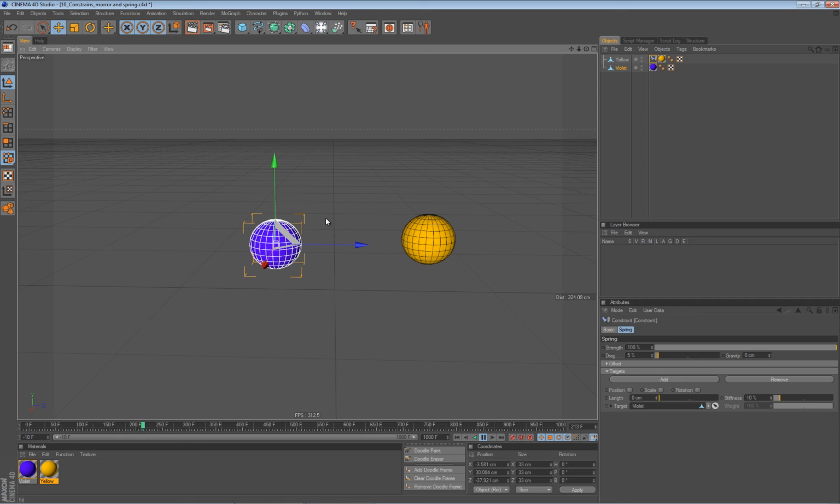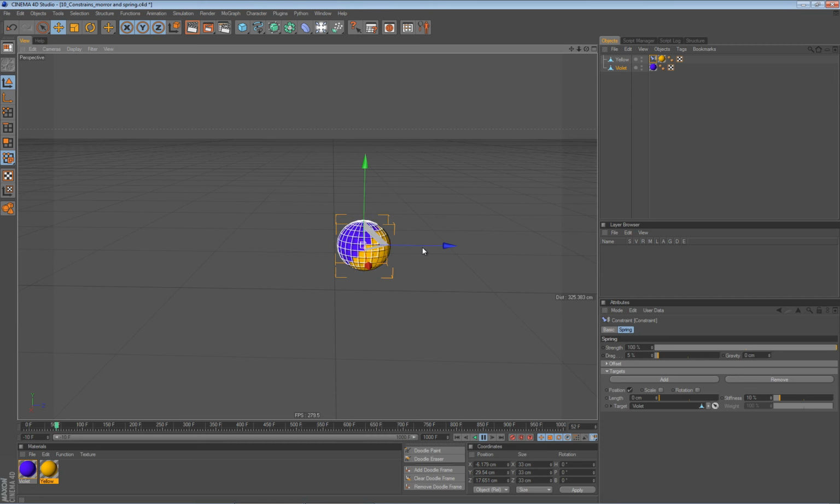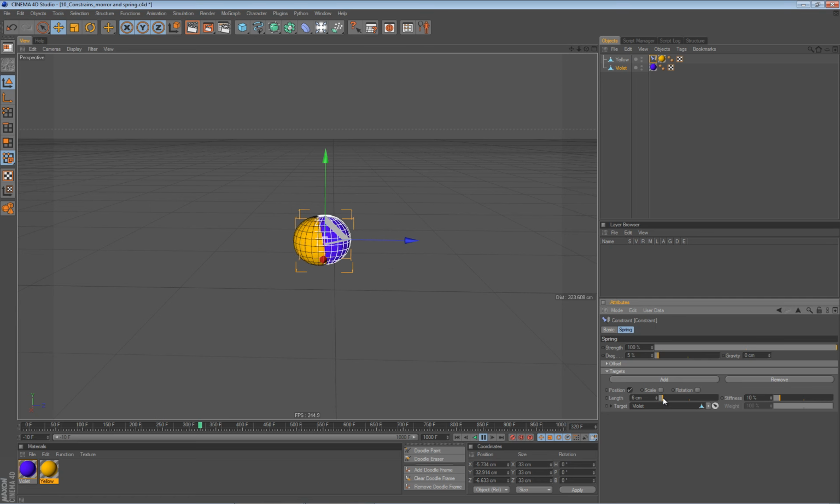And actually nothing happens, and that is because we haven't activated any of these settings. So let's go back, and you see a little mistake. Everybody makes mistakes, so let's enable the position and hit play and try again. And let's see that it springs in the center of that violet sphere. So if I set some length and some distance apart, so if I set exactly this size of the sphere here,